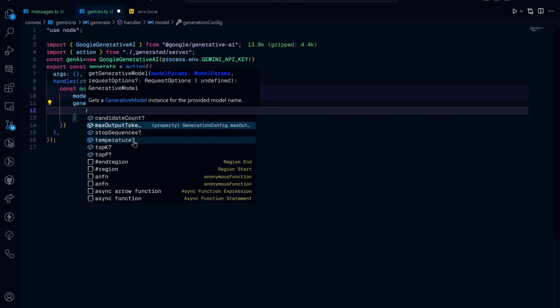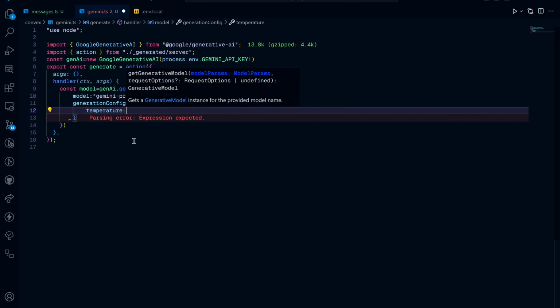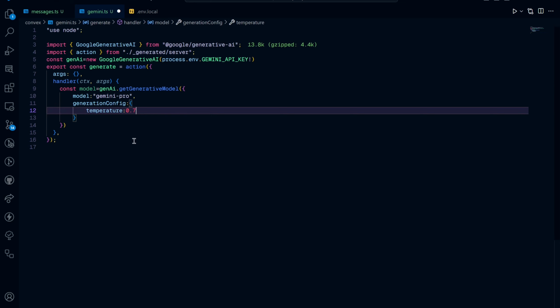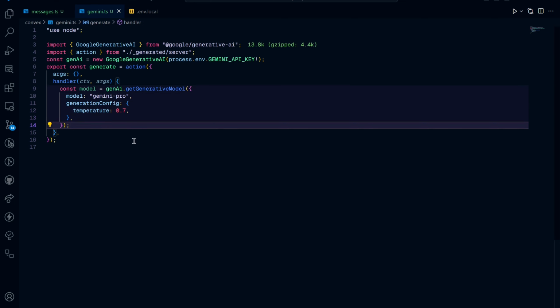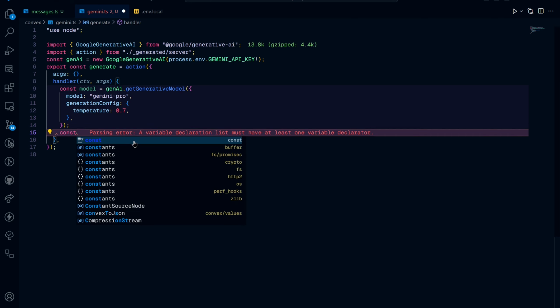Temperature. Okay, so first we're going to go to config. This is optional, but you can set something called the temperature. The temperature is basically how random the response is, so how creative Gemini gets with its responses. For this, I'm going to set 0.7. All right, so now that we have that,